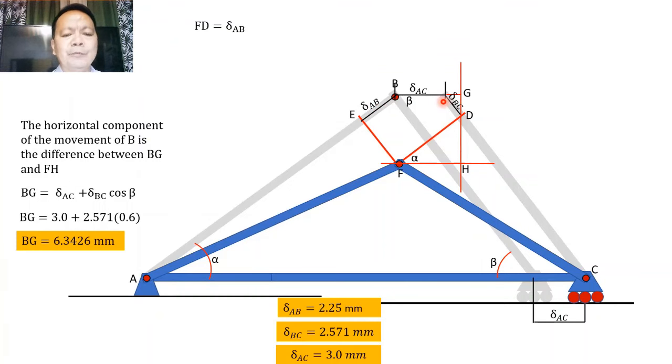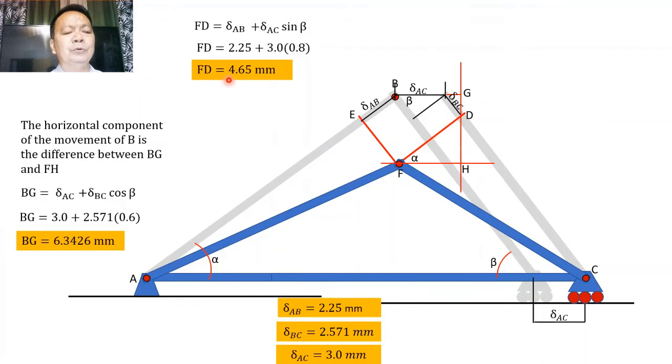And that component will be equal to the deformation of AC multiplied by sine of the angle beta. If you substitute that, deformation of AB is equal to 2.25, the deformation of AC is equal to 3.0, and sine of beta is equal to 0.8. Therefore, FD will be equal to 2.25 plus 3 multiplied by 0.8,